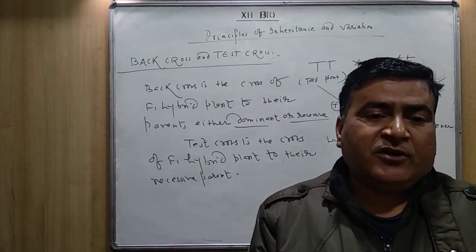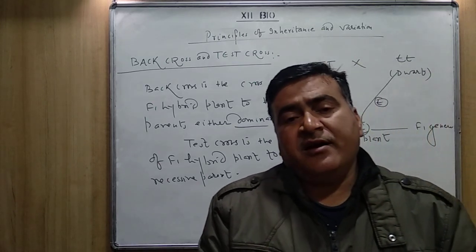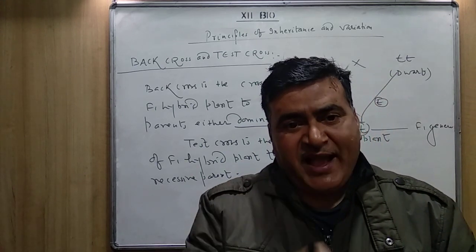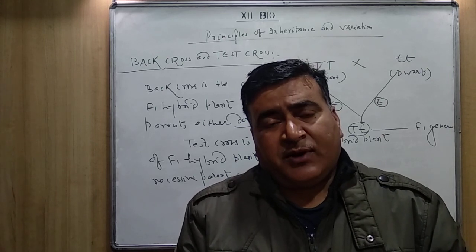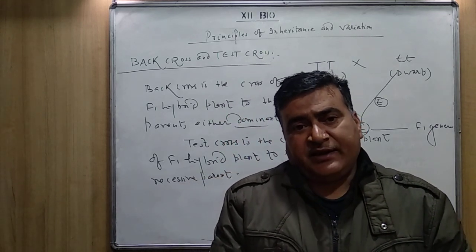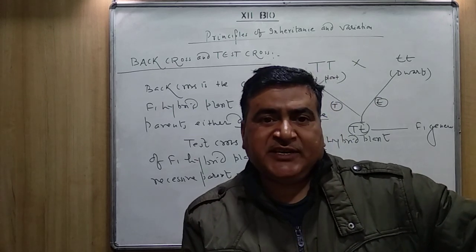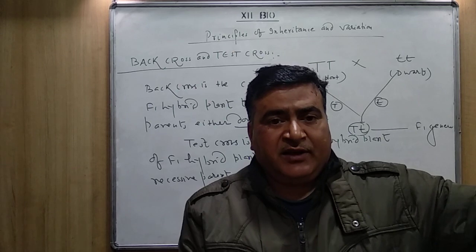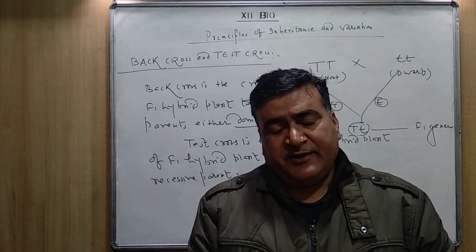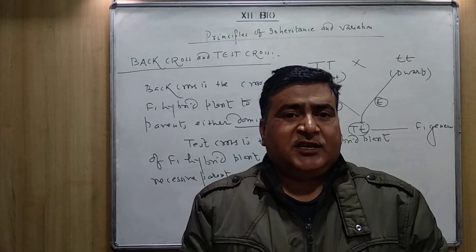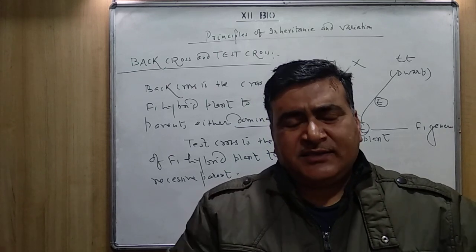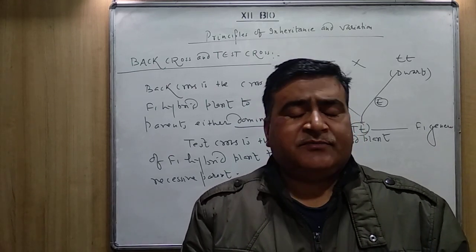Now there is a question that why the test cross is made? What is the importance of test cross? As I told you, test cross is a type of back cross. Overall, the importance of the back cross is to maintain the trait of the parents into the forthcoming generation, means F1 generation, F2, F3. If you want to produce the homozygous plant or the same kind of the plant, or you just wish to retain the same trait into the members, you can make the back cross,